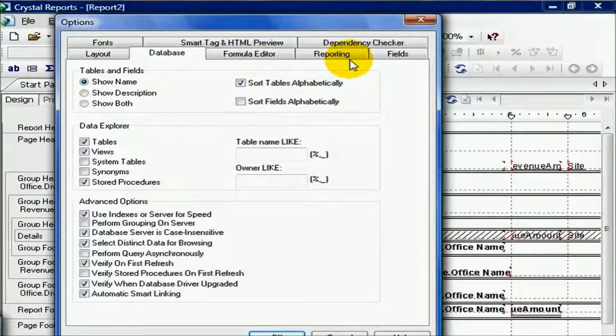In this movie, we're going to continue our discussion of our Crystal options. These are the options that set the defaults for what we want to see or do not want to see for every single report we create. We left off on Database. Let's go ahead and click on the